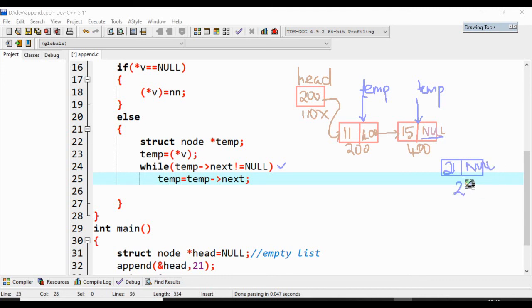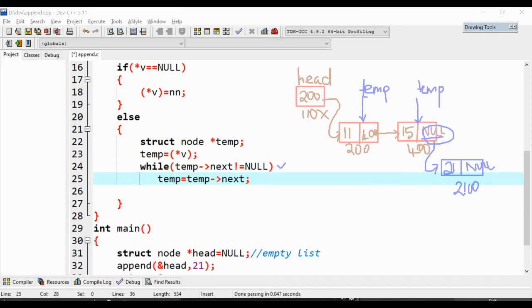We'll be having some address. Now we are supposed to connect this and this node. This can be done by replacing this null, which is temp of next, with the newly created node.